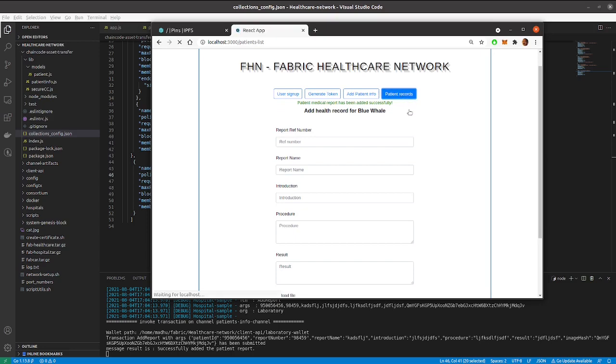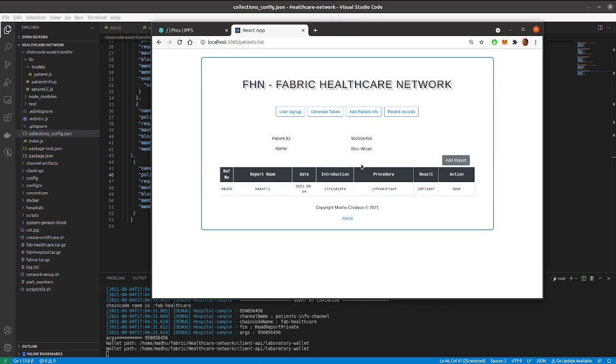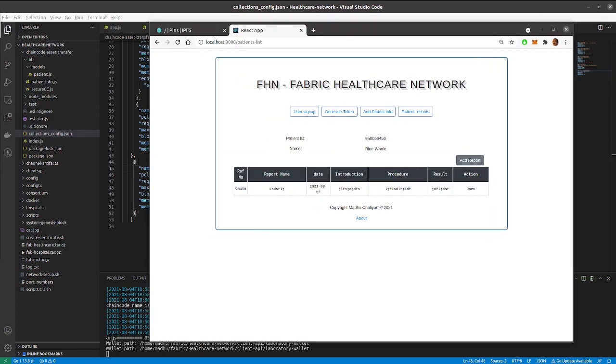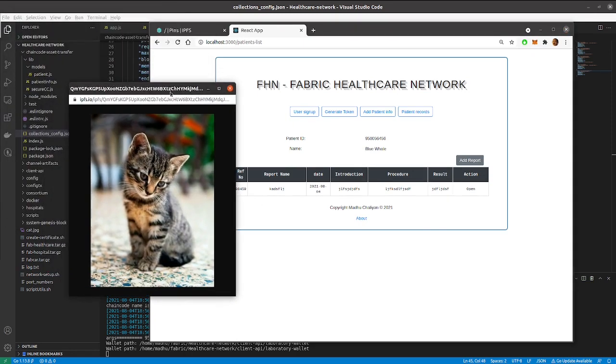Now go back to the patient record and click on Blue Whale. You can see this report has been added, and when you click on that and open, it will fetch the image from IPFS.